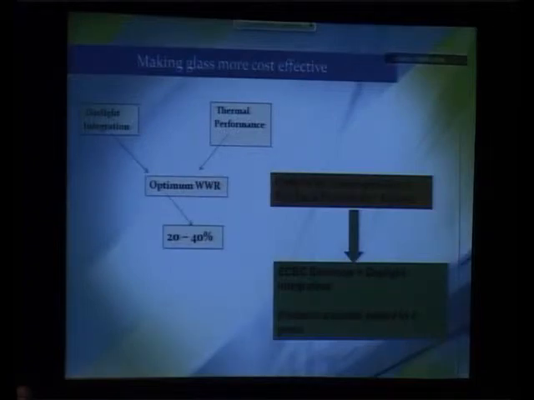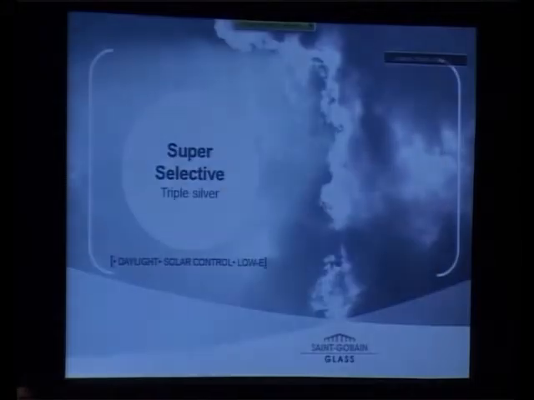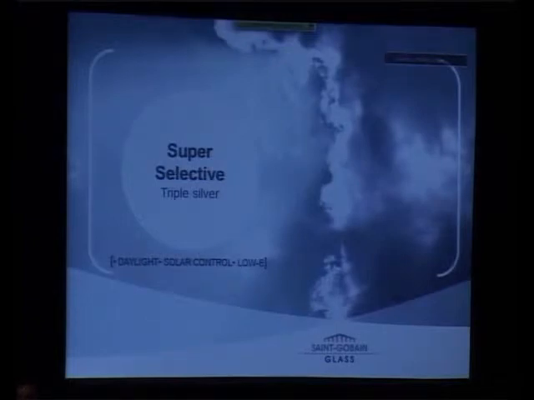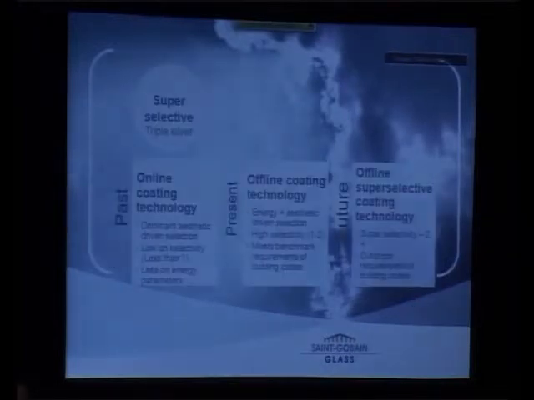But if it is Griha compliant where daylighting integration is also there, you can bring it down to 4 years. So there are two factors primarily which come out of the first part of my presentation. One is the light transmission a glass can provide you and how much heat it can stop. This is called selectivity. Selectivity is nothing but the light transmission divided by the solar heat gain coefficient.